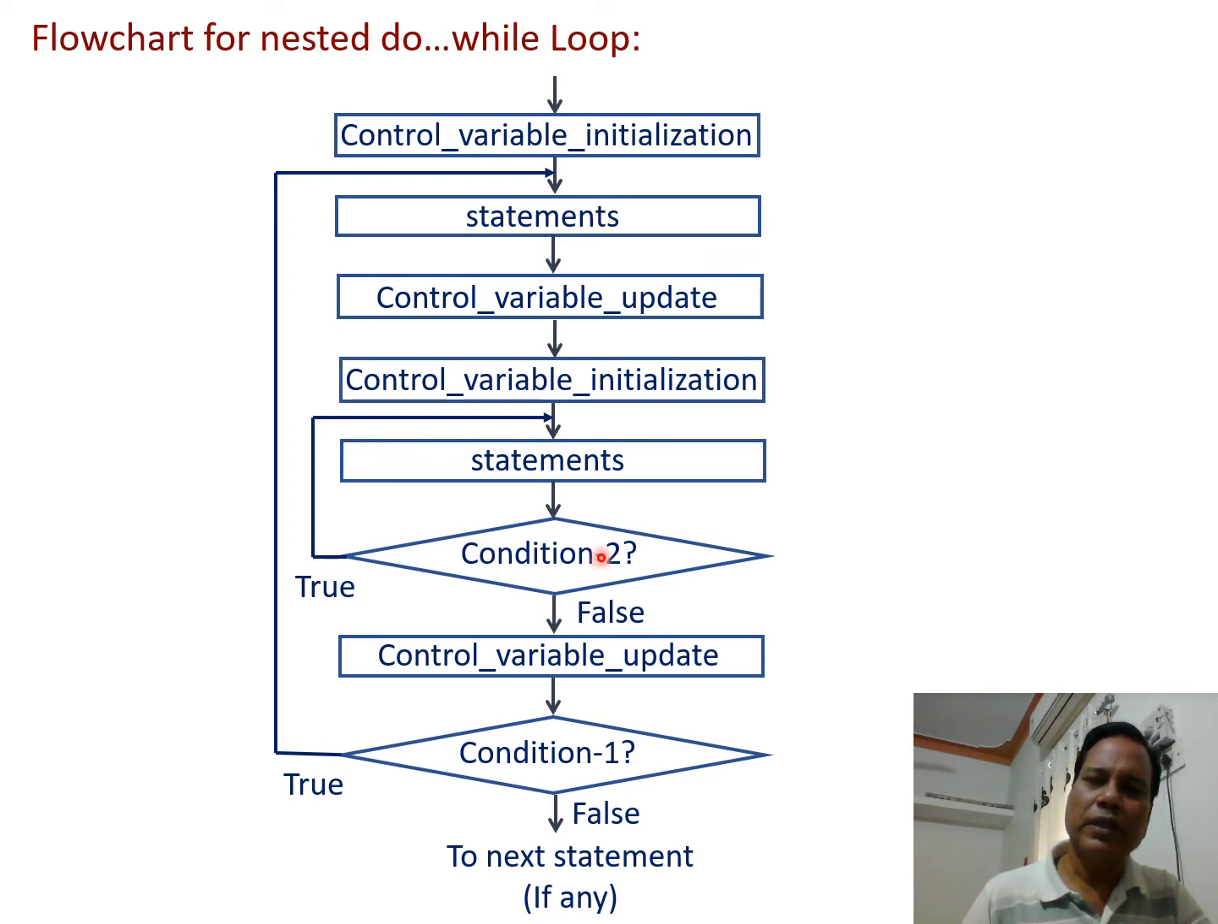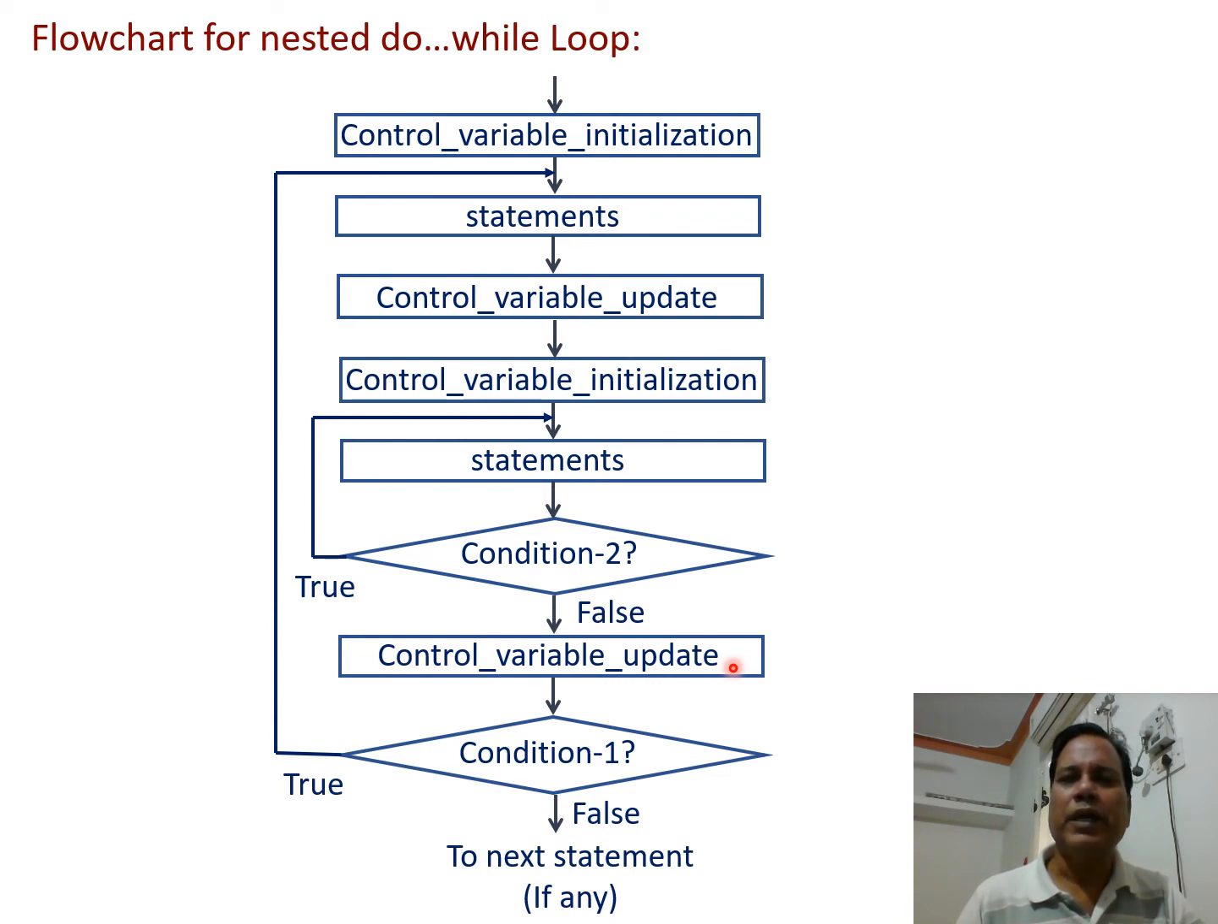If condition is true, then body of the inner do while loop is executed again and condition is tested. This continues till condition is true. Once condition becomes false, then control comes out of the inner do while loop and control variable